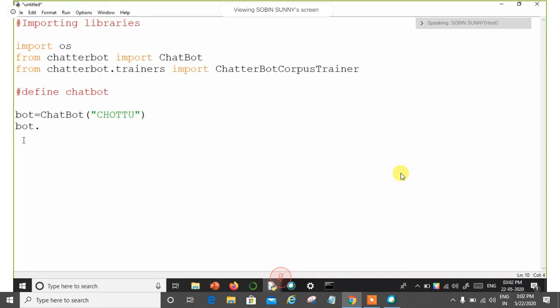You have to tell it you are going to train: set underscore trainer is the command. By using the command set underscore trainer, you are telling that this is the particular trainer who is going to train my chatbot.